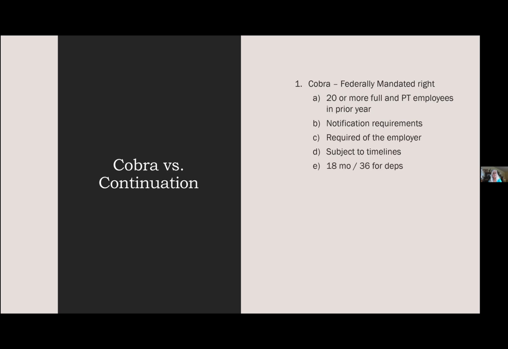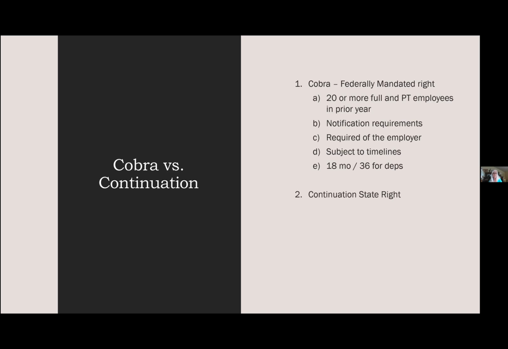Now, there's 18 months of COBRA for the employee and 36 months for dependents. And those are independent rights. You can't say to a dependent that they don't have the right to COBRA. They do. And sometimes that can be coming up if they get a divorce or if they're separated or if they adopt. So making sure that you're managing your COBRA is a very important part. And that's one of the things that we do with our employers is we provide the COBRA for them and make sure it's monitored and we get all the notices out and maintain it for them.